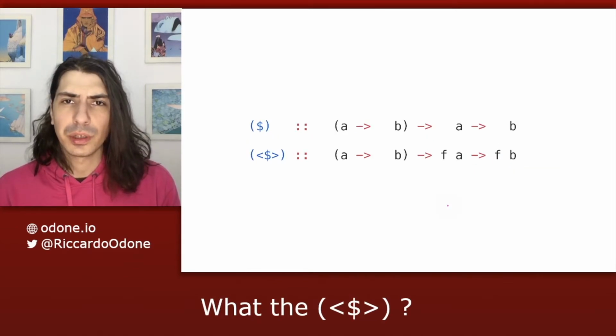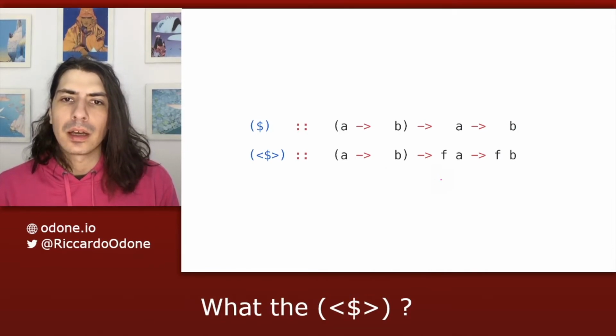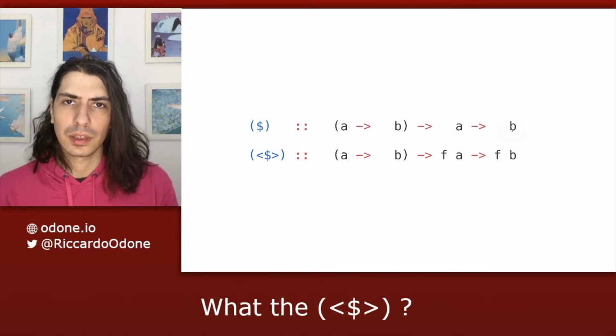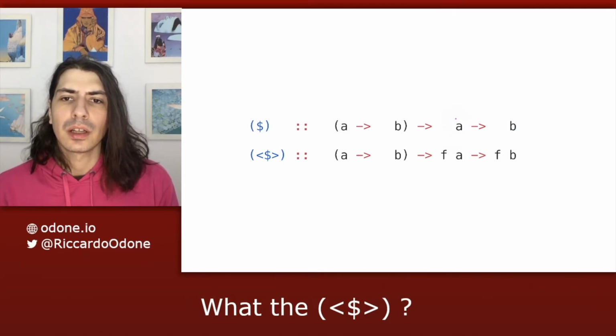In the previous video, we took a look at the $ operator, and here we're taking a look at fmap. So I think it could be useful to take a look at those two side by side. As you can see, the only difference here is that we are introducing a context f, wrapping the second argument and the output. Now, in practice, the difference is that in the case of $, this value a is always applied to this function